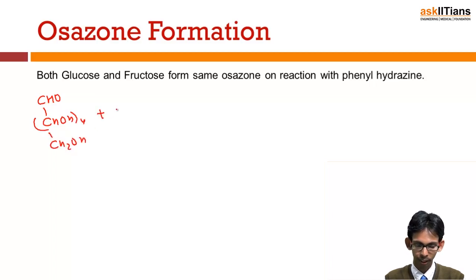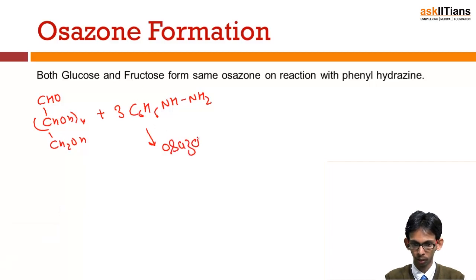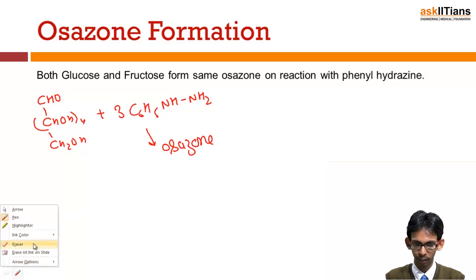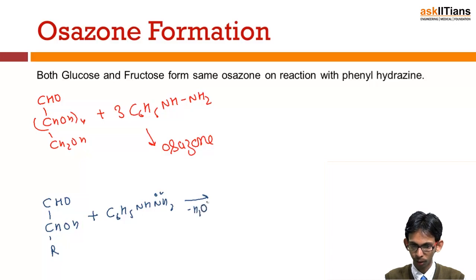When this was reacted with 3 molecules of C6H5NH2, the compound formed was osazone. And what is actually osazone is, let's say we have this group, and then let's say our group. When this would be reacted with C6H5NH2, we will get, with removal of a water molecule, C